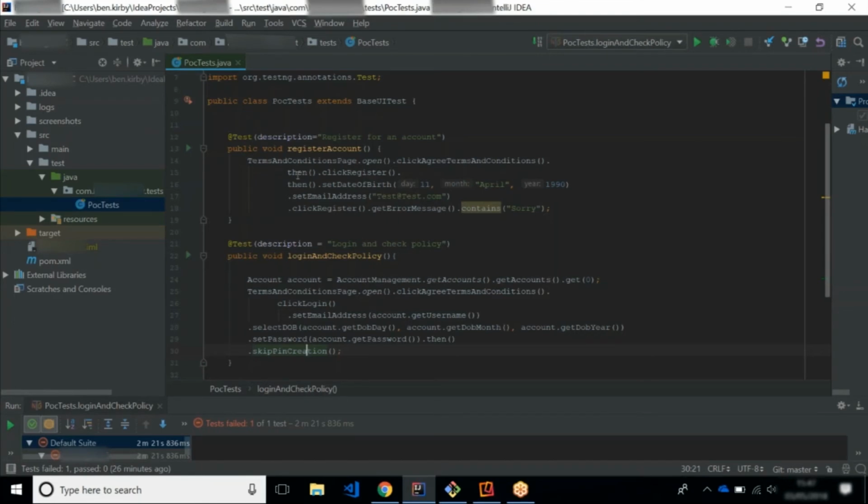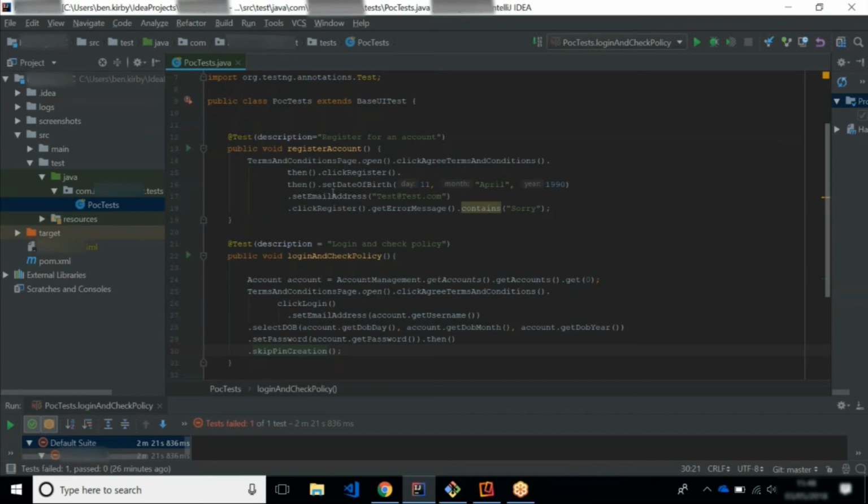You can see that we're setting up data. So in real life, not in a demo, you'd have the method itself taking in the date of birth and setting the email address as arguments so you're able to reuse it. So for example, if you have someone creating a policy who's too young, you'd expect it to fail. Or you'd also expect it to fail if they're already registered with that email address, for example. So note that all this code is executing on the terms and conditions page object, and we'll drill into that